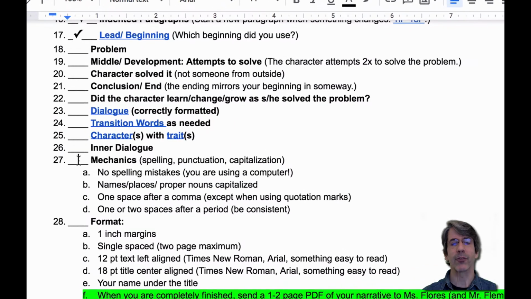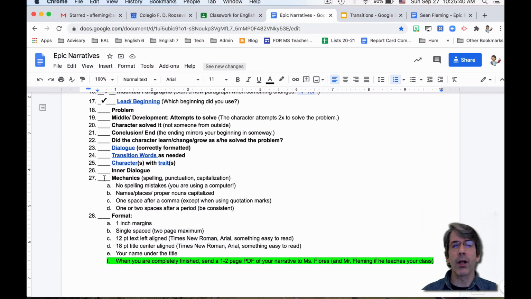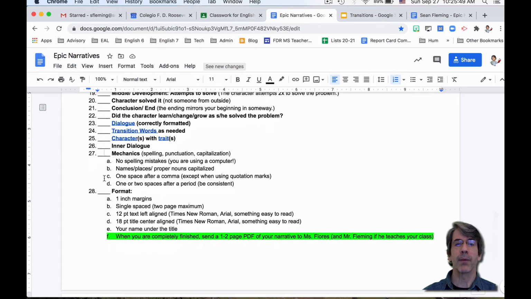With the mechanics one, you better not have any misspelled words. You're working on a computer. Do spell check. Use Grammarly. Make sure that nothing is misspelled. Now, you might use the wrong word, but make sure it's spelled correctly. Okay, so you're going to go through all of those and you're going to put in a check. If you have questions, please ask us. Then you're going to come down here